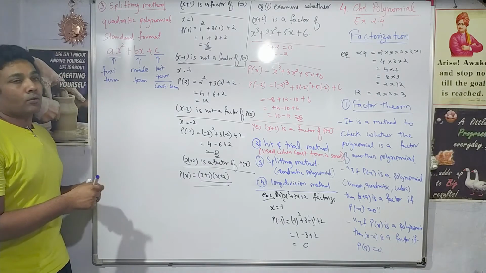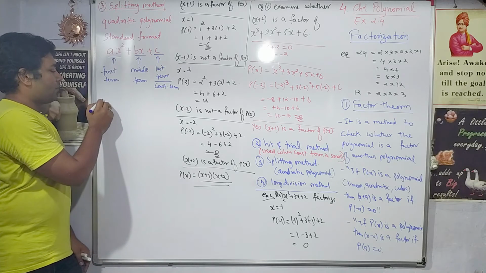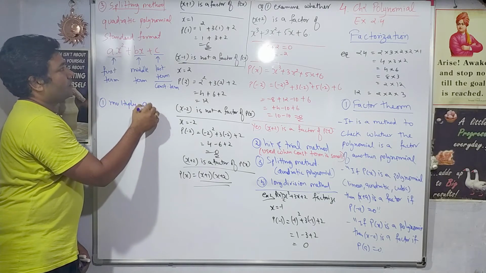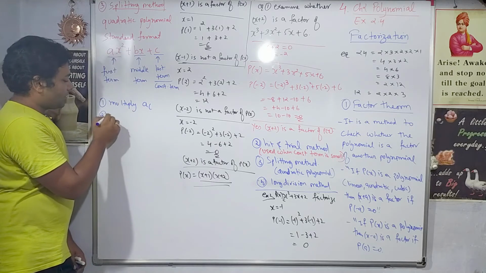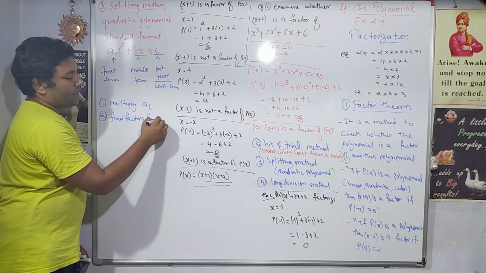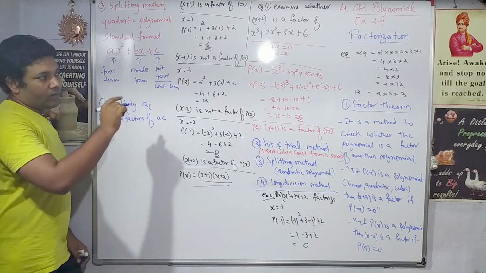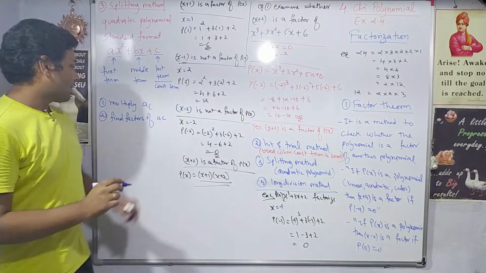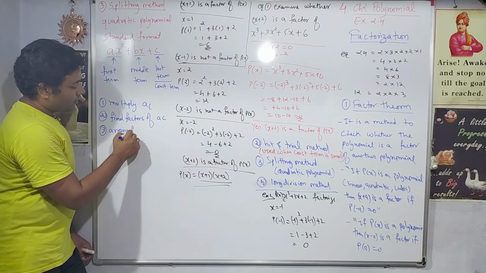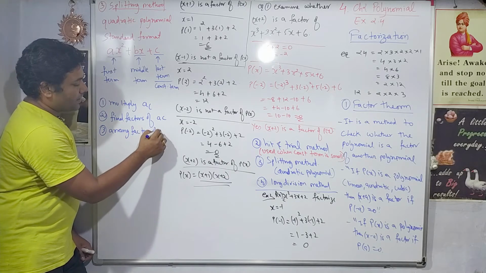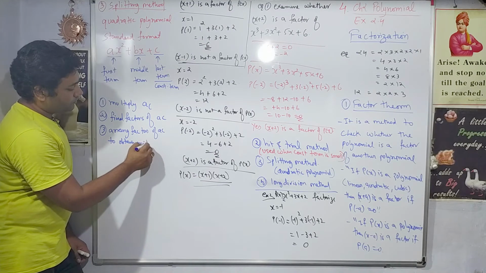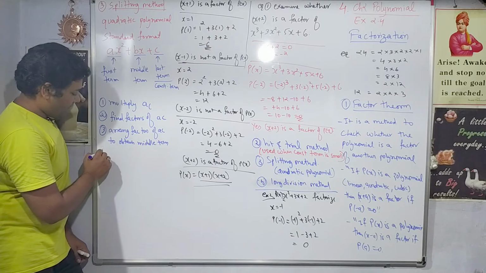So the splitting method I will show you in steps. What is the first step? First step is multiply AC. This A and C you multiply. Second, find factors of AC. Its factors we have to find out. Then in the third step, arrange factors of AC to obtain the middle term. And then the fourth one,